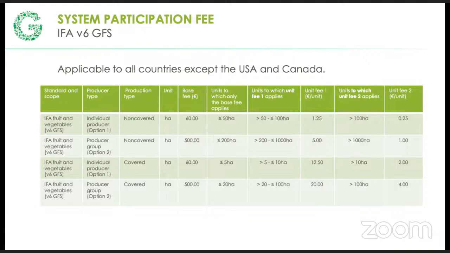ranges incrementally. If you are a group, like we are a group in Lusaka Avocado, so if Mr. Daka has 50 hectares, so 20, and Mr. Chwala has 100, you'd add all that up across all your membership. And then that's what Global Gap would decide as the basis for how much they should charge you for the system participation fee. So it's more like a registration fee. This one you pay to them directly, and it's independent of the other costs that you have.